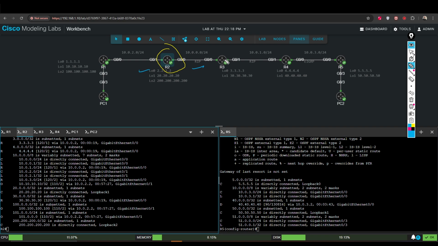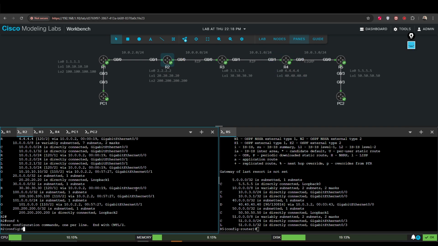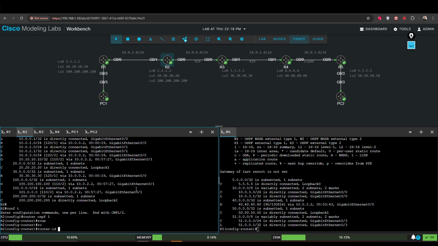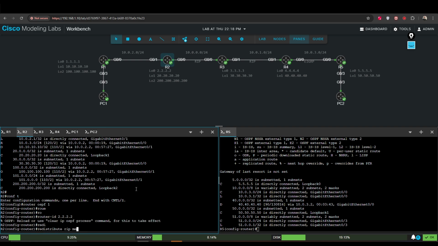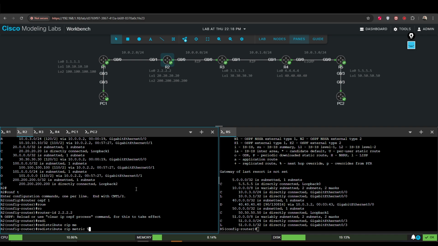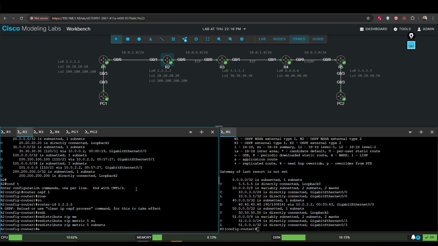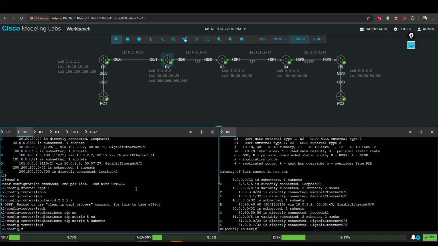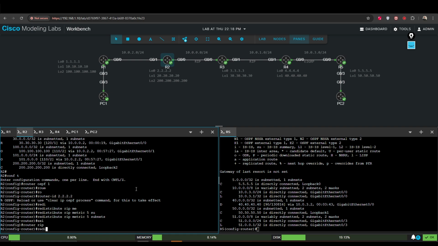So if we go to R3, there is no point on doing redistribution there. We go to R4, and then again, we are able to do redistribution because we have EIGRP on this side and we have RIP on this side. And we want to be able to share the two just like this. So that's from OSPF into RIP, and then we'll back it up, go to router RIP, redistribute